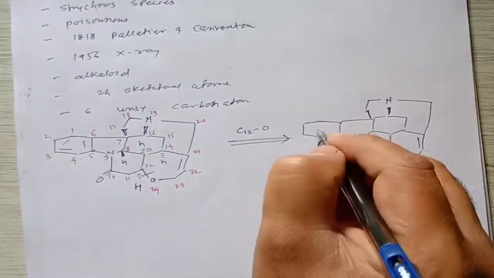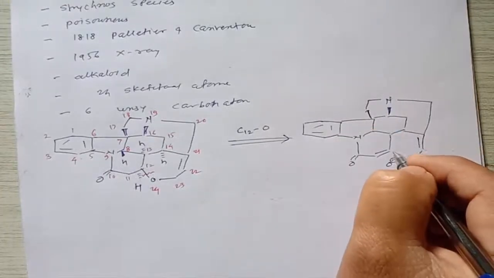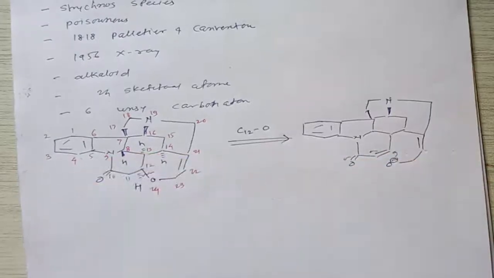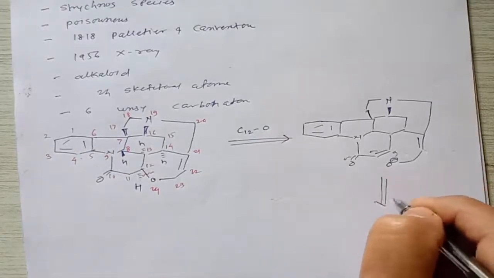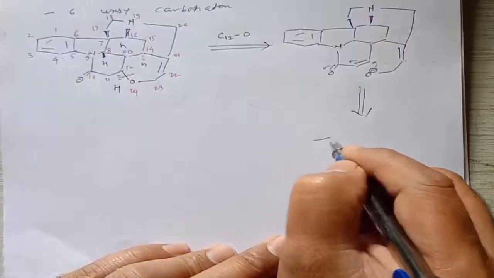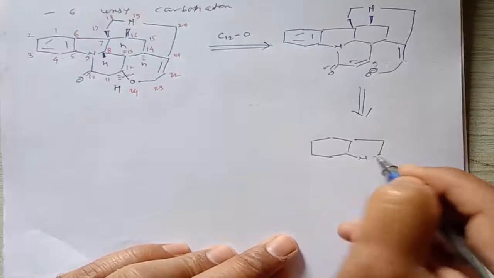That means in the backward synthesis, if you see, this O minus will attack on this molecule, then the bond will be shifted, and then it gives formation of this original molecule, right? Then here we can shift this bond to the next atom, and it gives another type of molecule, a molecule like this.